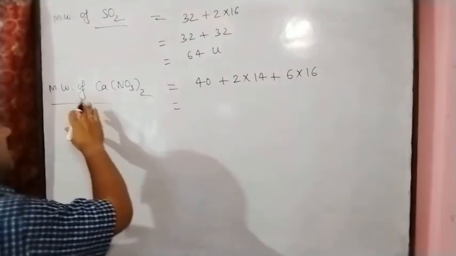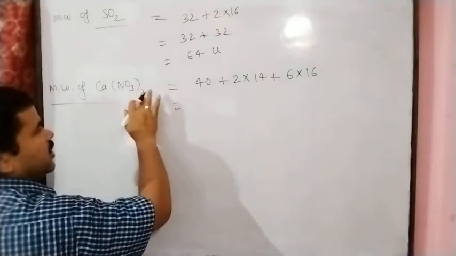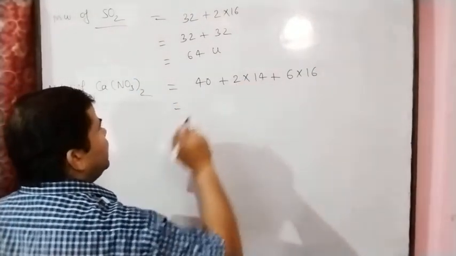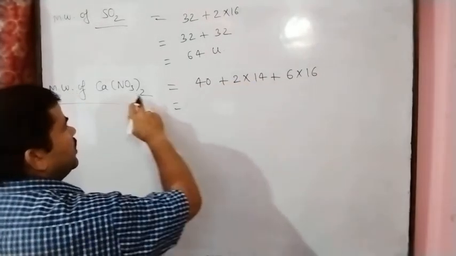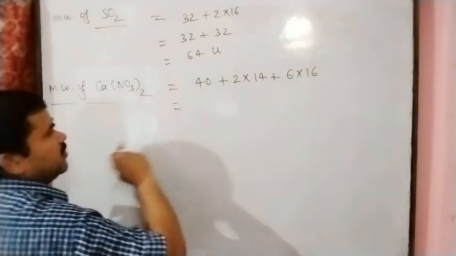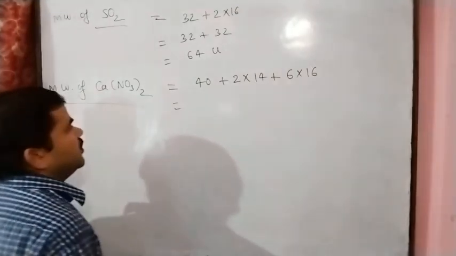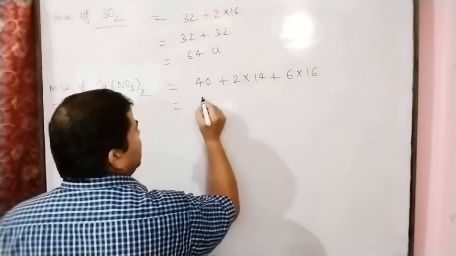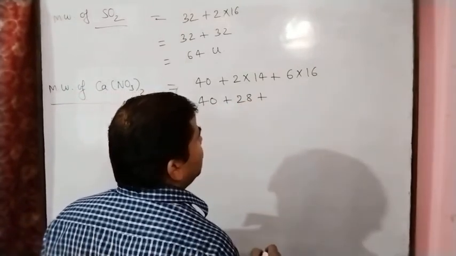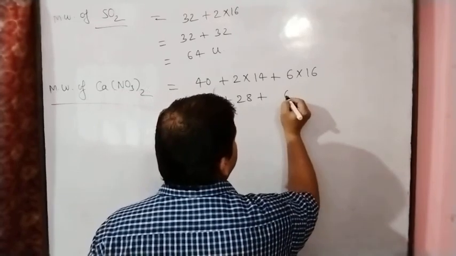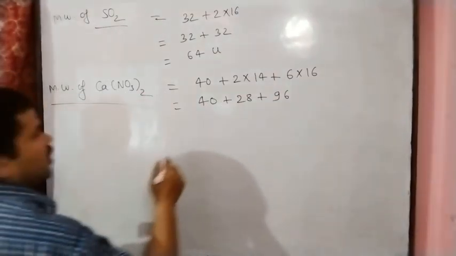So we can see in this example, calcium here only one atom, so 40 is written. Nitrogen, 2 atoms of nitrogen, means 2 into 14, one atom of nitrogen value 14. Oxygen here 6, so one atom of oxygen mass 16 means 6 into 16. So then 40 plus 28 plus, and then we will add